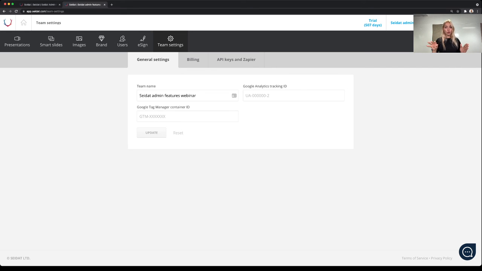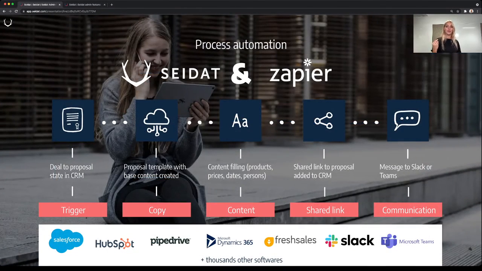Then also you're able to do some automations with Seidat. So we have an open API, but the easier way, at least in my opinion, is to do that with Zapier. So if you want to do some automations, you are able to, for example, make it automatic to create